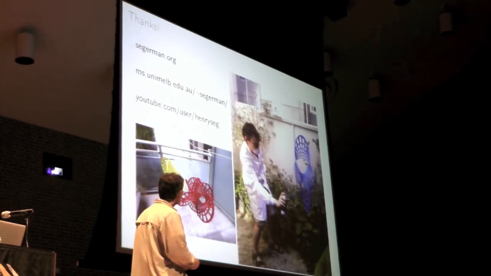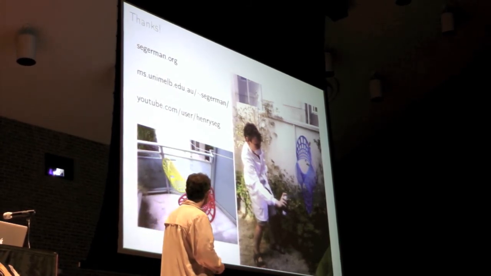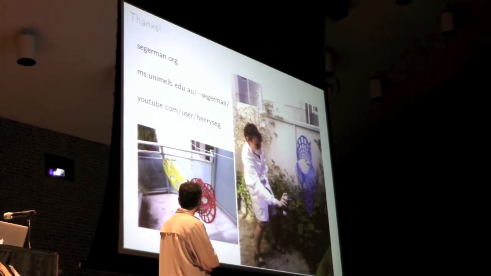So that's my talk. This is me spray painting. These are large 3D printed. This is the round Mobius strip, and the Klein bottle and the torus. These are going up in